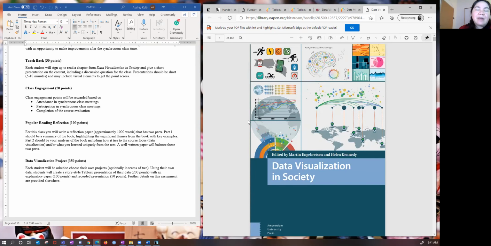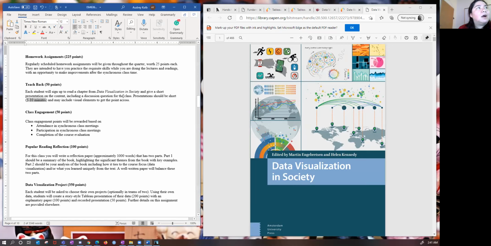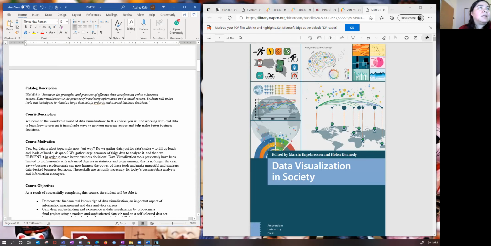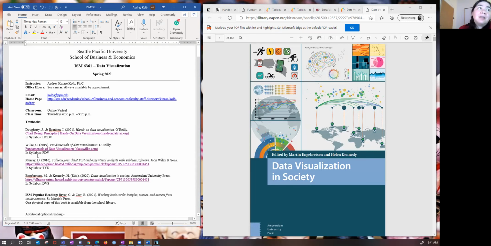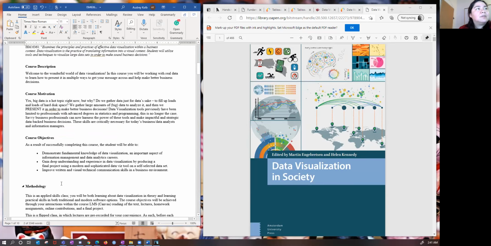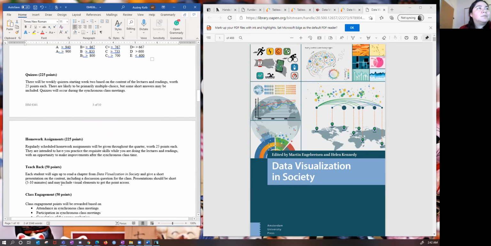Yeah, it dives into the ethical side of data viz that goes beyond the obvious, which I think is really important. The other textbooks in here, there's a lot here. There's 3 other ones here. So the class is basically built around these 2 books, Hands-on Data Viz and the other. In the syllabus, I use these shorthands. So if you go down here,